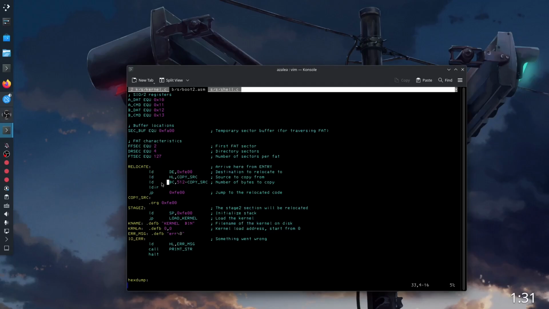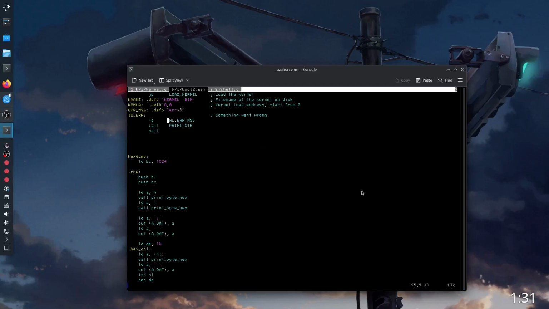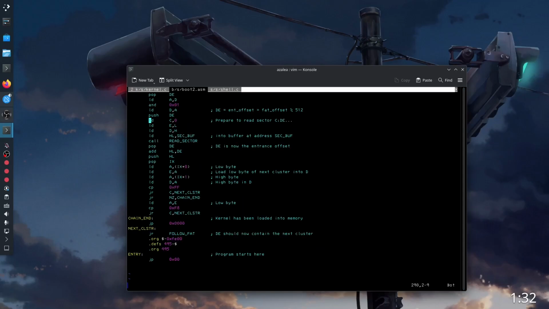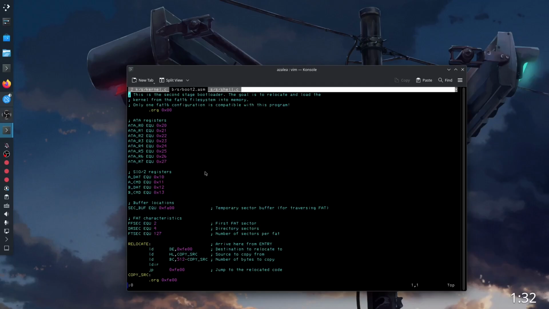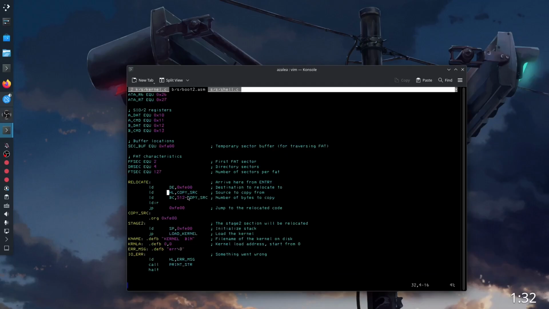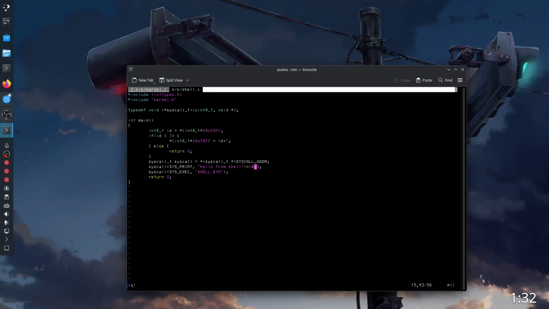So the first thing it does is this. Right here, entry. It enters right here, it will jump to address 0, and start relocating itself, right? It will just copy itself to the top area of RAM, leaving some space for the stack, and then it will jump and execute everything else,